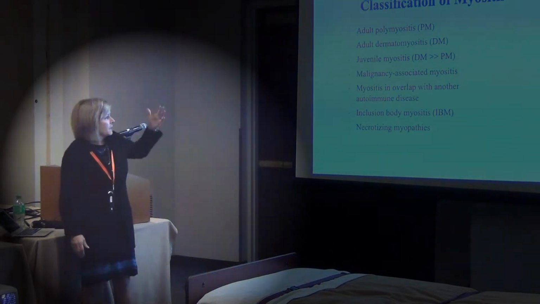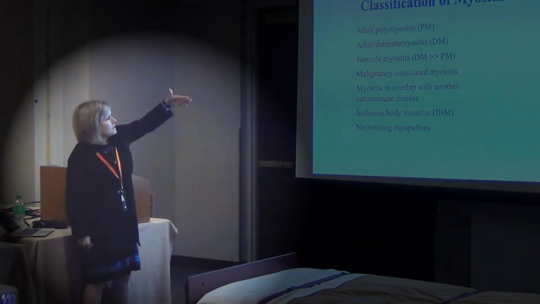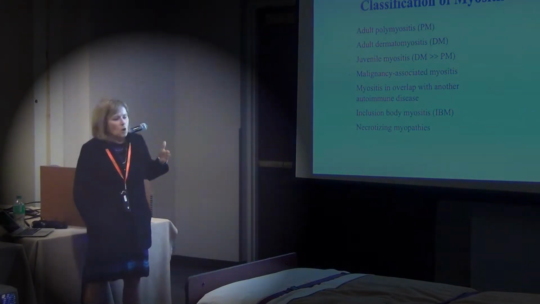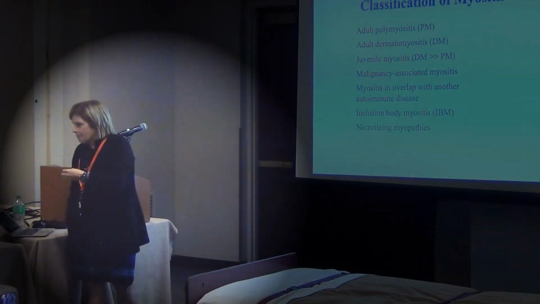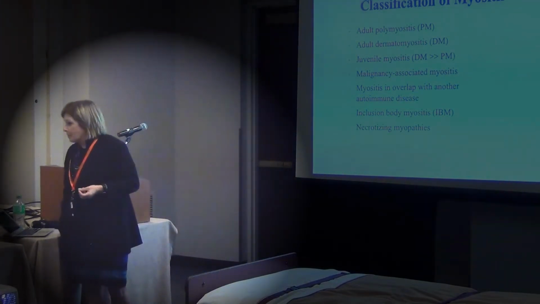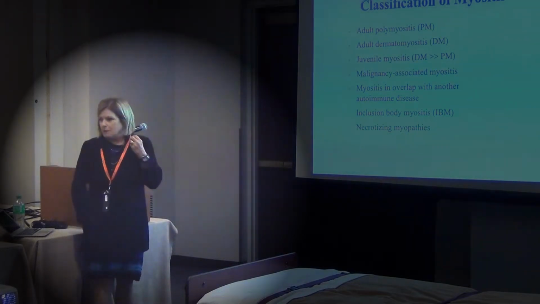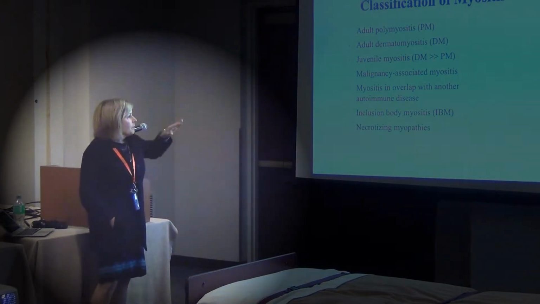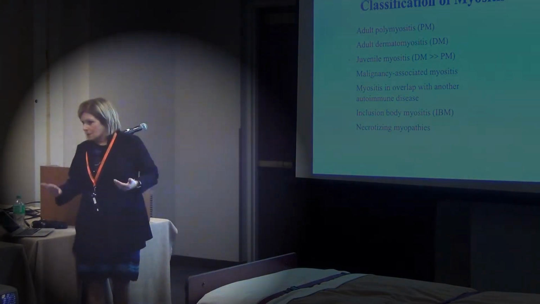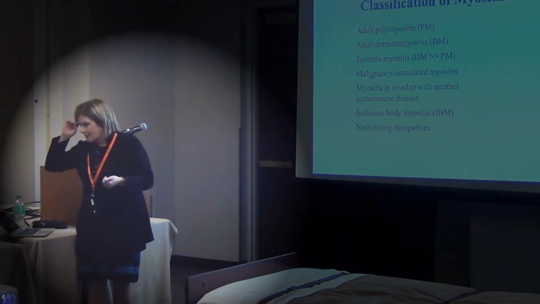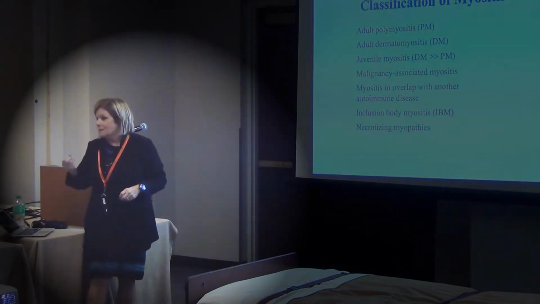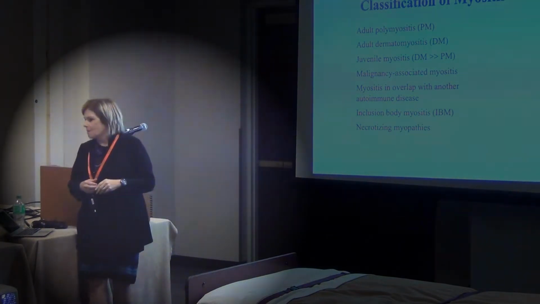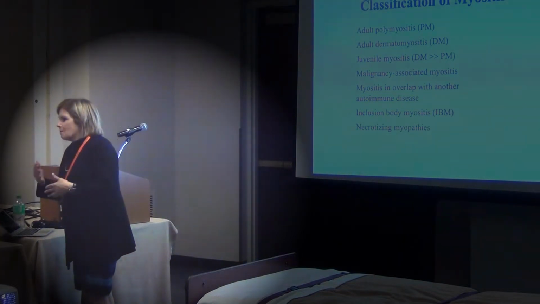So these are kind of the classifications of myositis. Like I say, in adults, they have polymyositis and dermatomyositis. In children, it's almost always dermatomyositis. We do have some children with polymyositis. It's very, very rare, but we can see it sometimes, it's very specific who we see it in, and there's a specific antibody that we sometimes see it with. But then there's myositis that sometimes occurs with other diseases, like mixed connective tissue disease. A lot of people talked about that today, or overlap disease. You can see muscle disease with that too. Inclusion body myositis, and then the necrotizing disease, which is very specific of what we see on a muscle biopsy